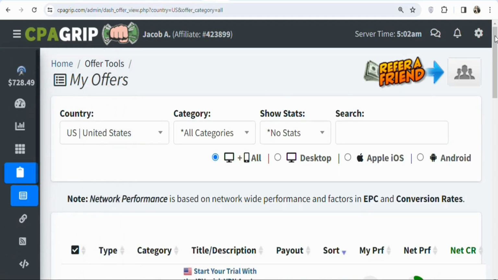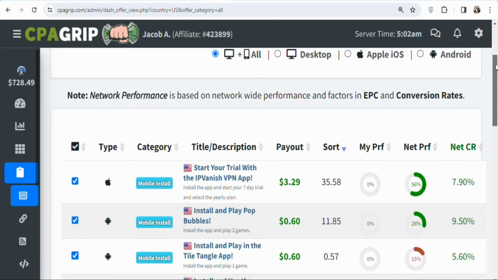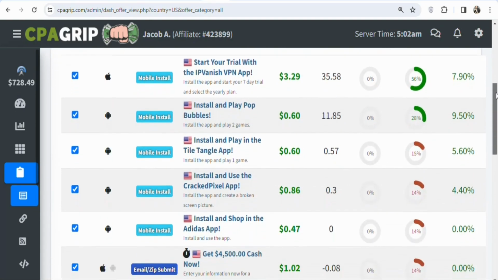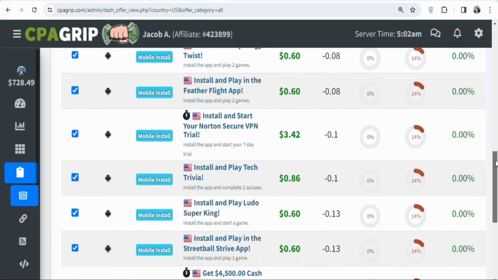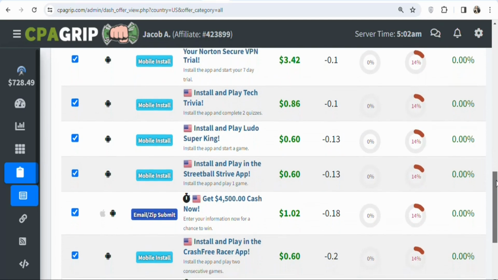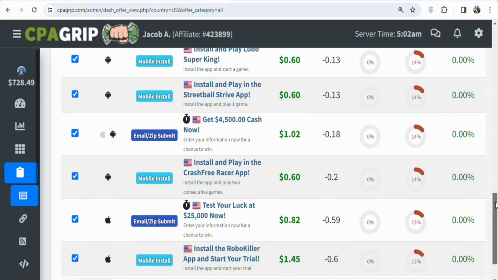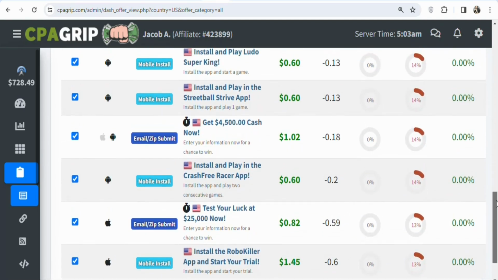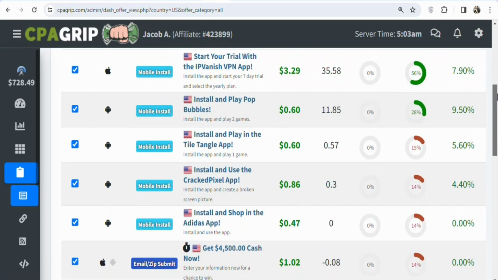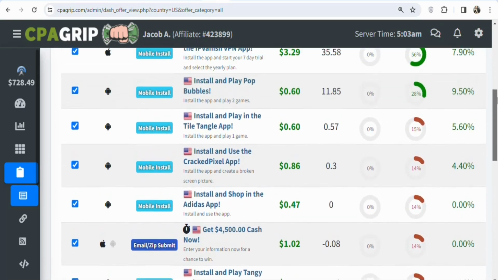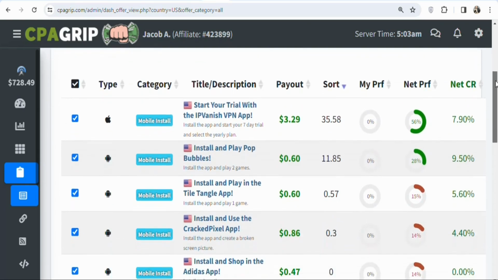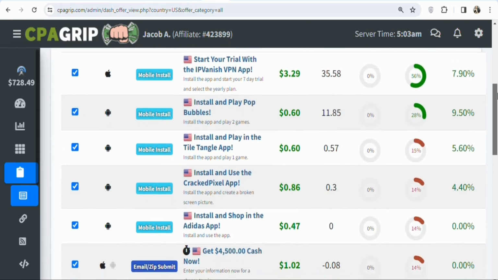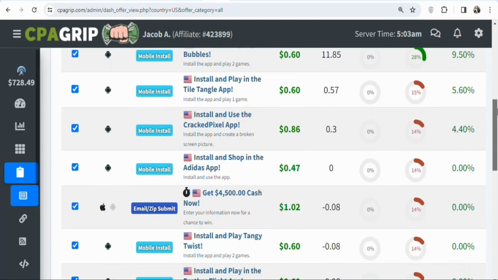The next step is that you have to find offers that you can promote to make money on CPA Group. There are a lot of different offers that you can promote on CPA Group. So now what you have to do is select a country where you have a traffic source, so that you can get offers that are available in that country for you to promote. There are many countries that you can search for on CPA Group and then find offers. As you can see on your screen, all these offers I have to promote to people who live in the United States. You can see a whole lot of them.